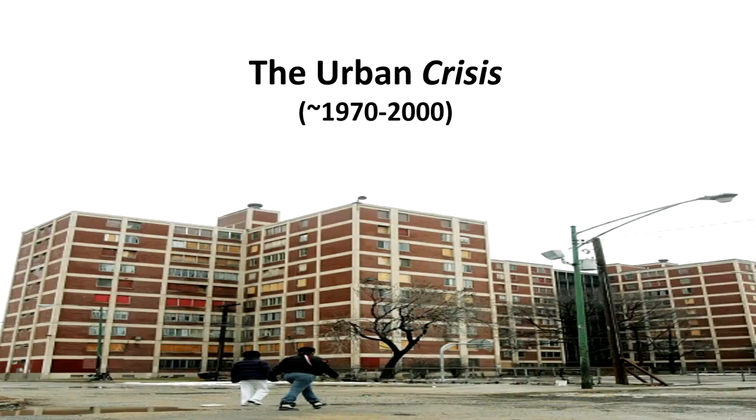Between 1970 and the year 2000, give or take, cities across the country experienced deindustrialization and economic decline. Sociologist William Julius Wilson, who is featured in a video this week on Canvas, raised an important question in the 1970s. He wanted to know if the disparities that we see, or historically that we saw in black urban neighborhoods, was a matter of economics or if it was a matter of ongoing racism.